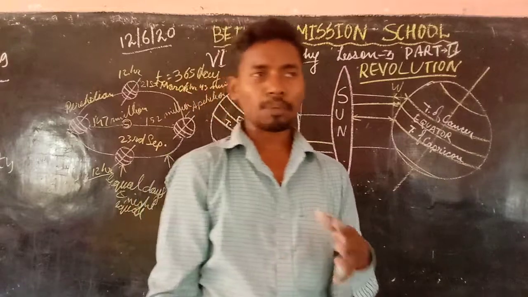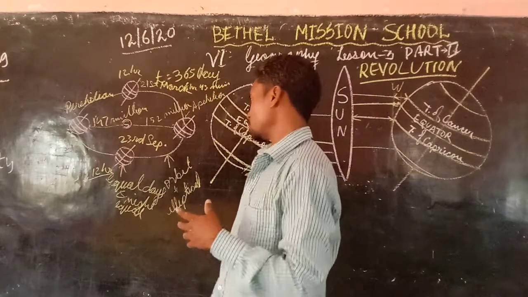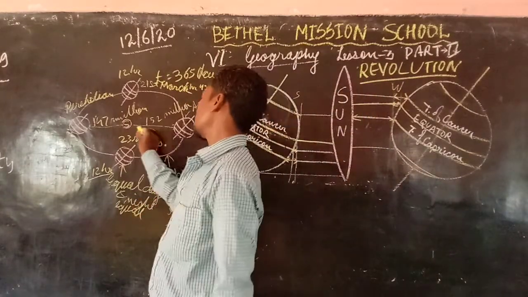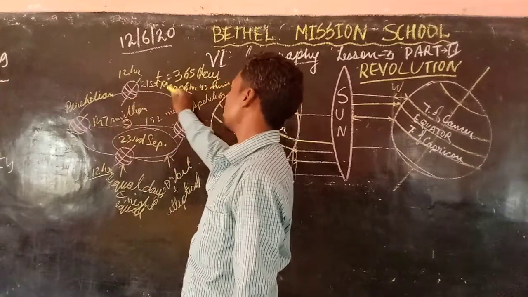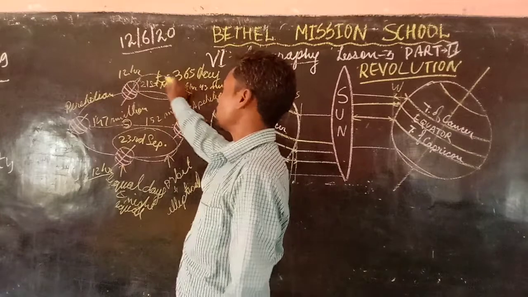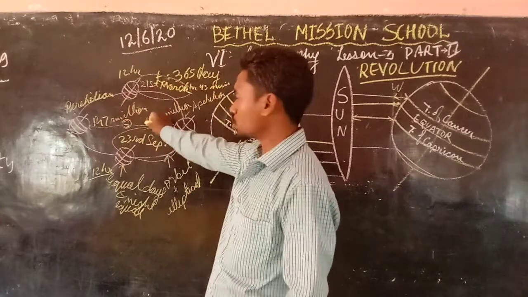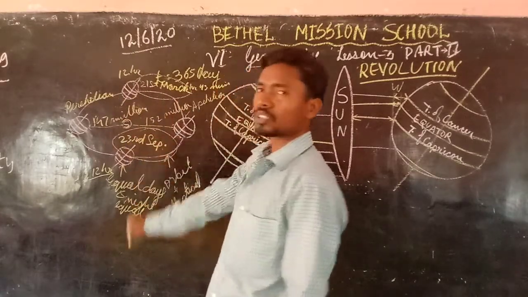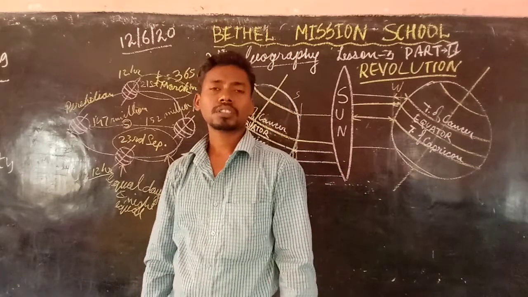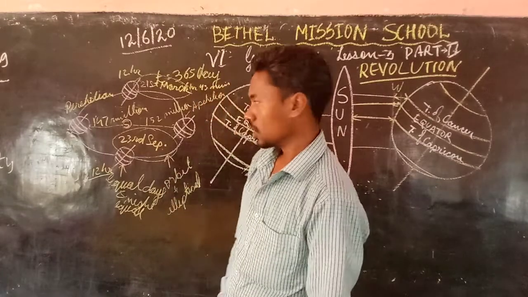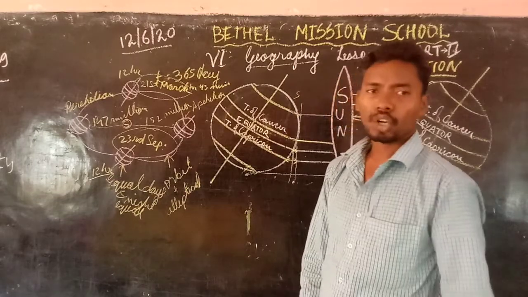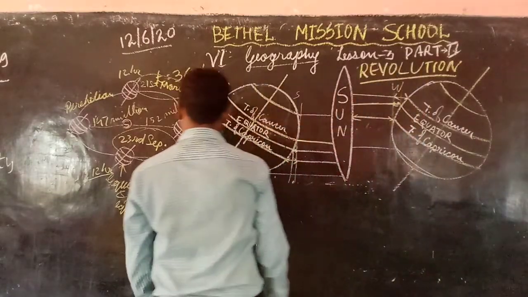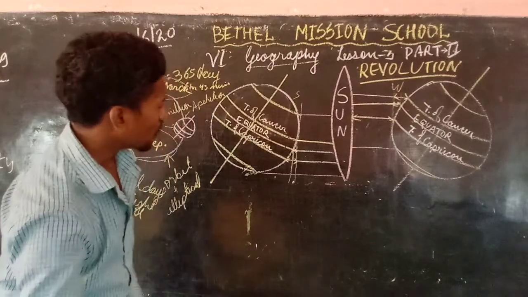Equal days and night happen on equinoxes, and this happens when the earth is at the time during the 23rd September and 21st of March. 21st of March is called your spring equinox, whereas 23rd of September is called your what? Autumn equinox. So that is about what? Equinox and solstice. Okay. Now we will try to understand